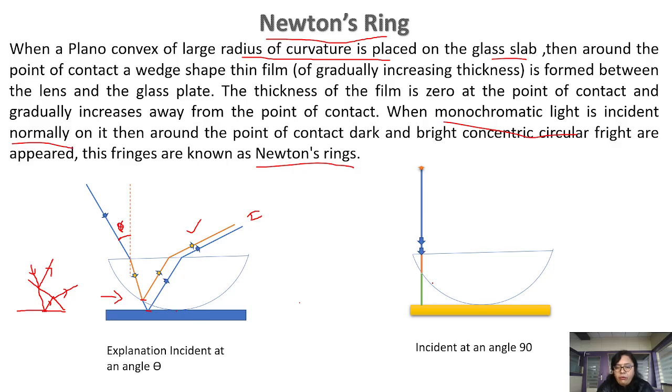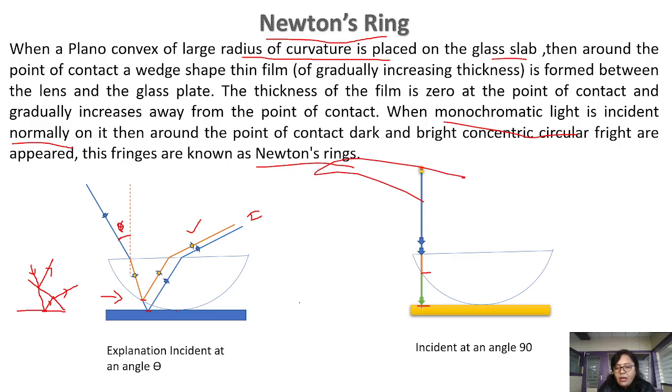After that, a small amount of the light is transmitted downwards towards the glass slab, strikes over here, and again is reflected back. When it strikes this point, it is reflected back and meets with the first blue light, which is reflected from this point, or the orange light which is reflected from the upper surface. So the upper surface light and the lower surface light both now meet with each other, and they can create a